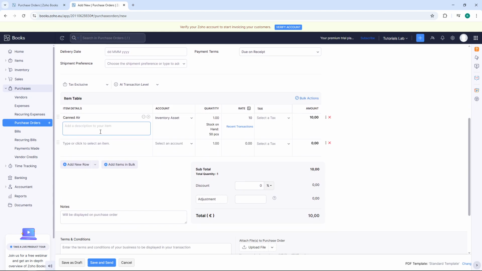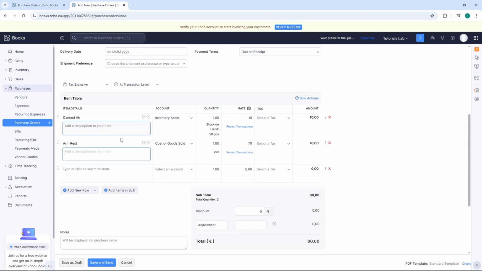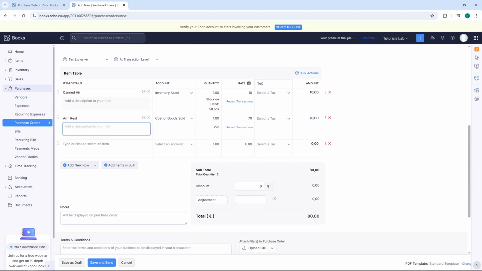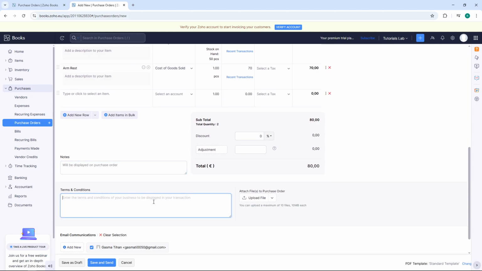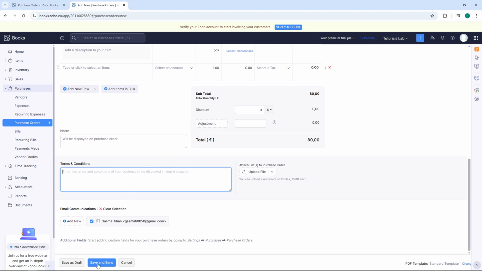If there are any special instructions, discount terms, or documents your vendor needs to see, use the Notes, Terms and Conditions, or Attachments sections to include those details. Finally, you have two options to complete the process. Click Save if you want to keep this as a draft for review later, or click Save and Send to immediately email the purchase order to your